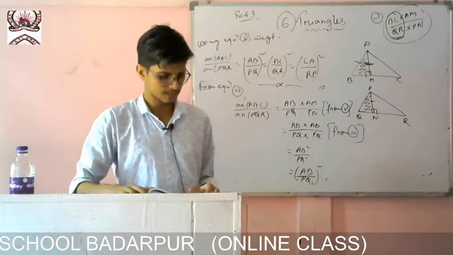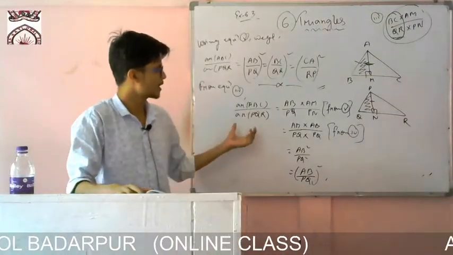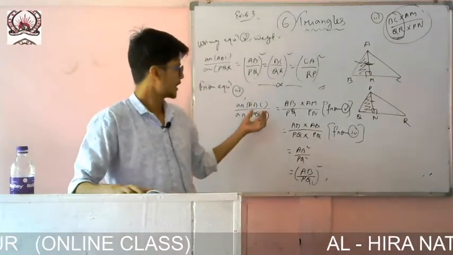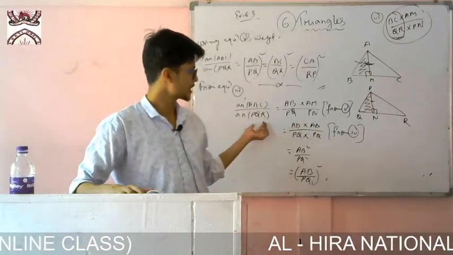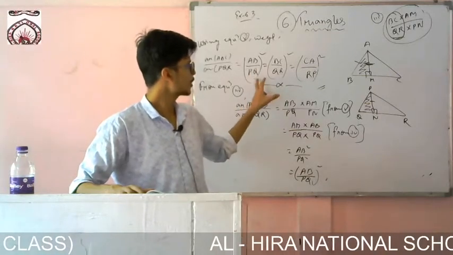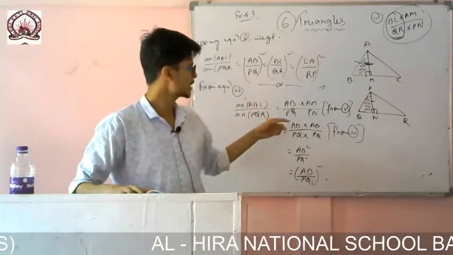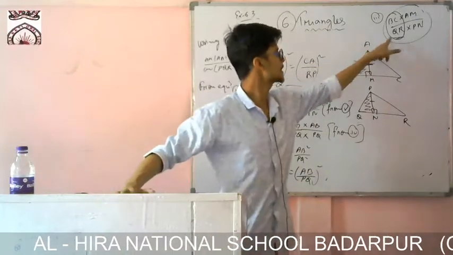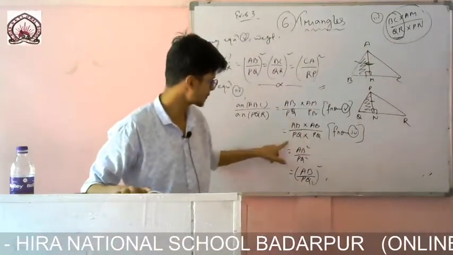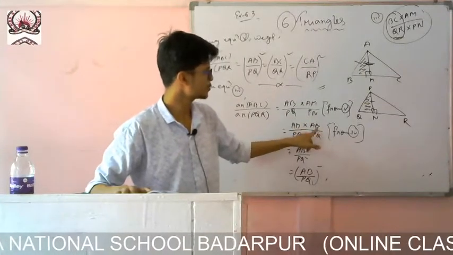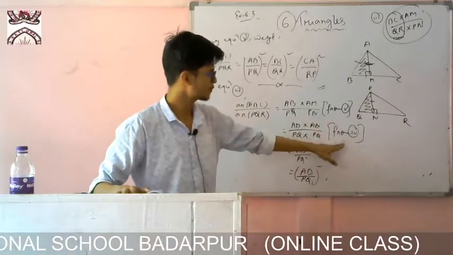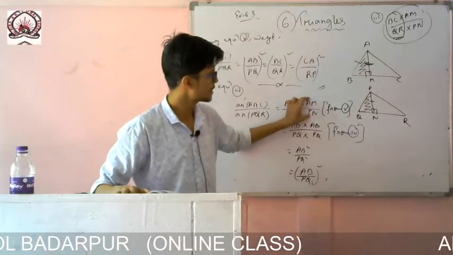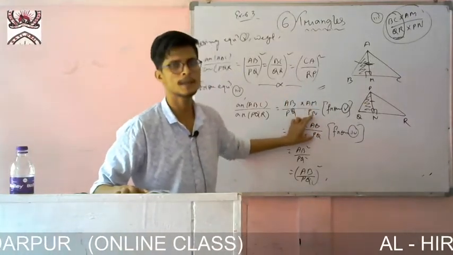Okay, let me discuss an example. I hope you understood what we have shown. First of all I have found the area of the triangle, then I have found that all these are equal because these two triangles are similar. If these two triangles are similar, in place of BC by QR, I have written AB by PQ, then I have solved it. And in equation 4 we have found that AM by PN is equal to AB by PQ. So in place of AM by PN I have written AB by PQ.